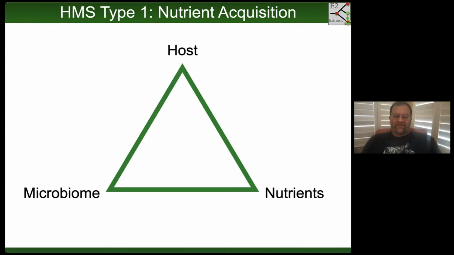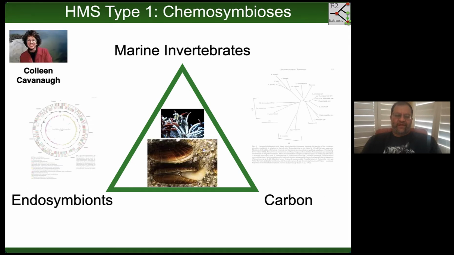So one general area that we've been very interested in is nutrient acquisition and the interaction between host and microbes or microbiomes, and how the host in particular, but also the microbes, acquire nutrients. One that I've been working on actually since I was an undergraduate and still doing work in this area is with chemosynthetic symbioses. My undergraduate advisor was Colleen Cavanaugh, who co-discovered the symbiosis between giant tube worms and chemosynthetic bacteria